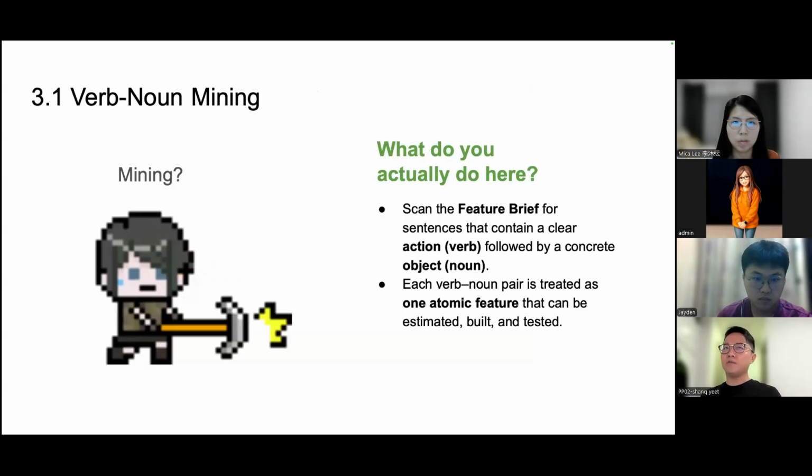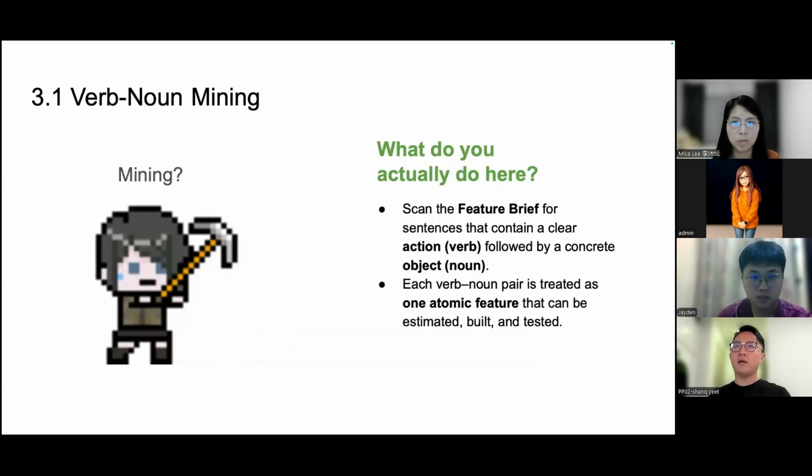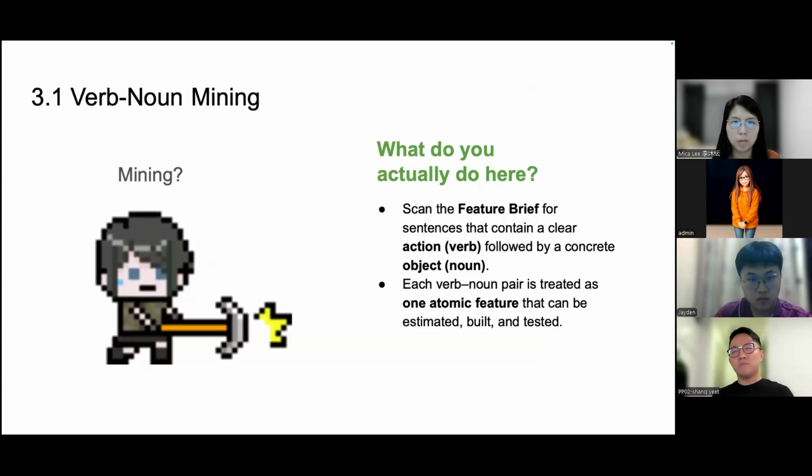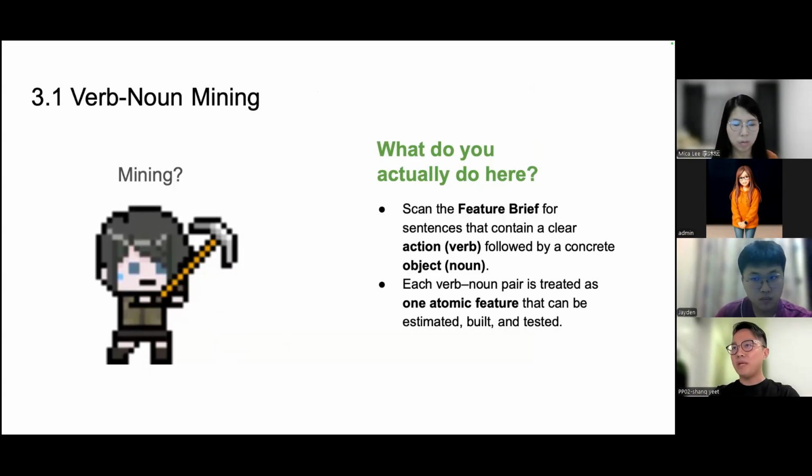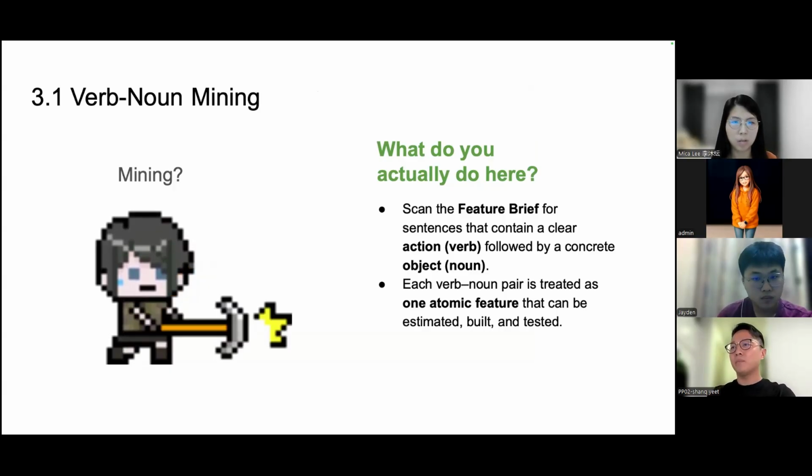So yeah, first off, this module breakdown is verb-noun mining. It's a mouthful, and why is the word mining here? So basically what you do is just go through the feature brief, right? And then you find things that sound like an action followed by a noun, an object. A good example I have here will be,